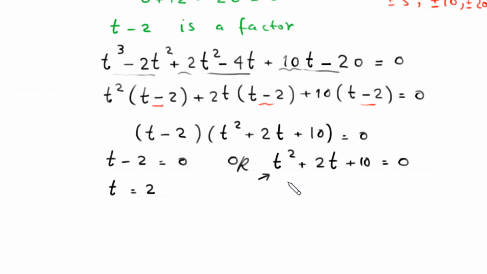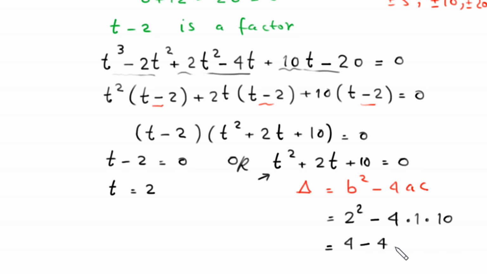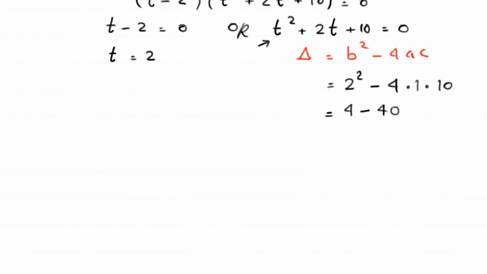and from this quadratic equation we see that the discriminant of this equation, the discriminant delta, is equal to b squared minus 4ac. We see whether the discriminant is less than 0 or greater than 0. In this equation we have b as 2, so this will become 2 squared minus 4 times a is 1 times c is 10, and this will become 2 squared is 4 minus 4 times 1 times 10, 40, and 4 minus 40 is equal to negative 36. So the discriminant, that is also called delta, is less than 0,